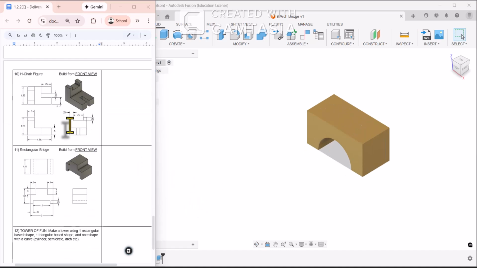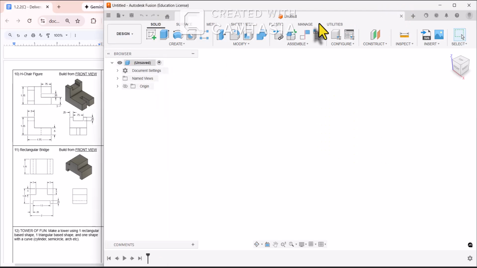All right, everyone, we're cruising along. This looks like an H and a chair put together. So this is just a widget, but I'm going to call it the H chair figure. What we're going to do is close up our Arch Bridge, and it should open up to a new